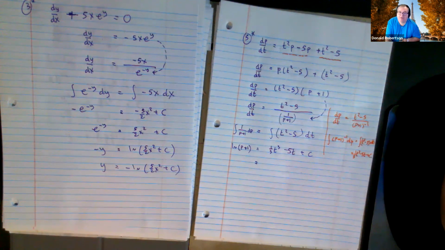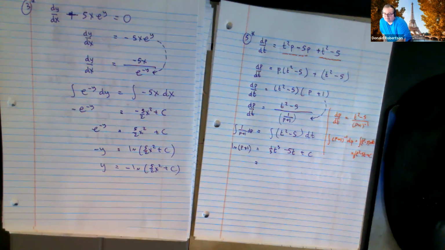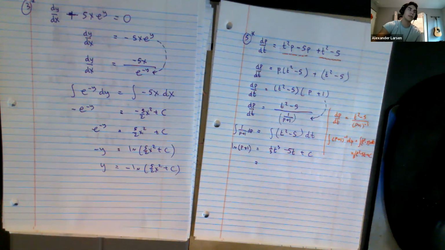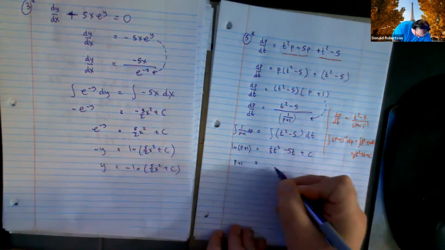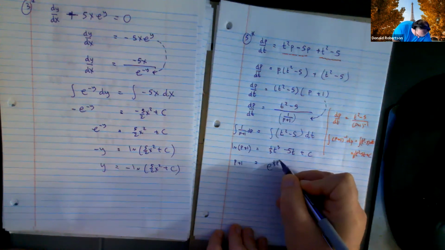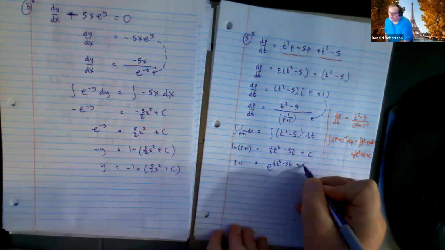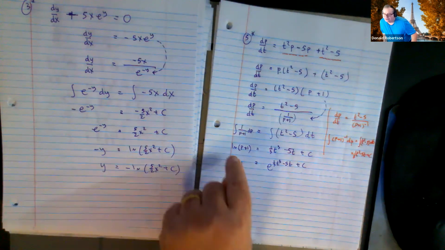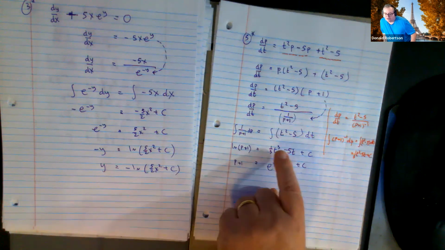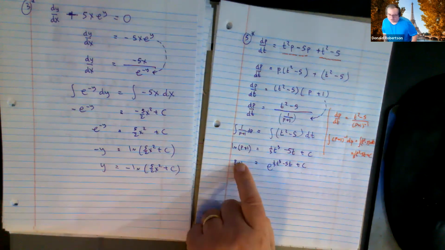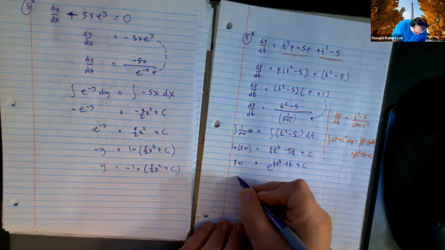Somebody in the chat? Let's see if I can find the chat. Dylan said E. Okay then. Raise both sides to the power of E. Are you happy about that? The E to a log cancels out and you get P plus 1 and E to the power on the other side. So I'm raising essentially both of these to the power of E. And on that side, this guy helps. Now, to find P then,